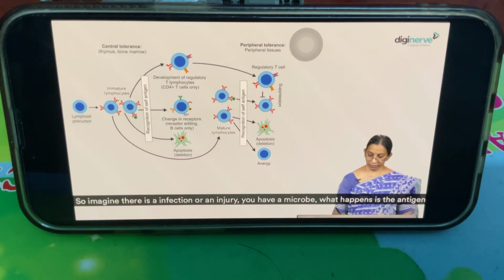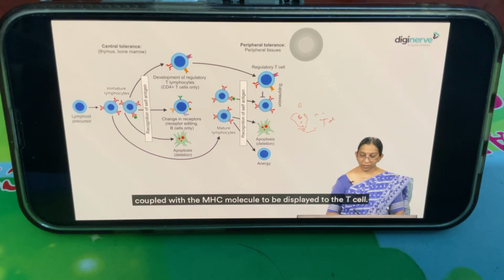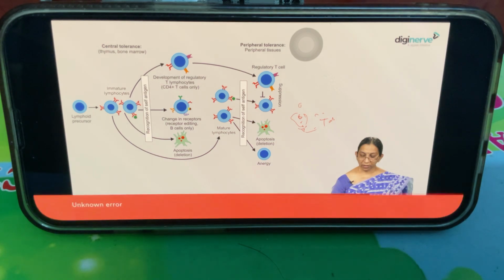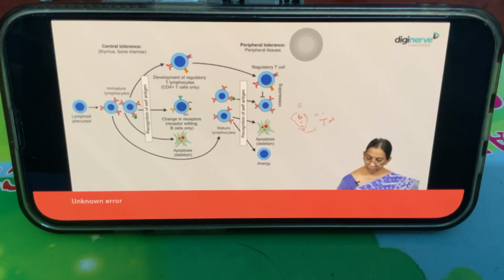So imagine there is an infection or an injury. You have a microbe. What happens is the antigen presenting cells will take up the microbe and it's broken down, and a part of it is coupled with the MHC molecule to be displayed to the T cell. In addition to this, when there is an injury or infection, there are also other danger signals which are produced